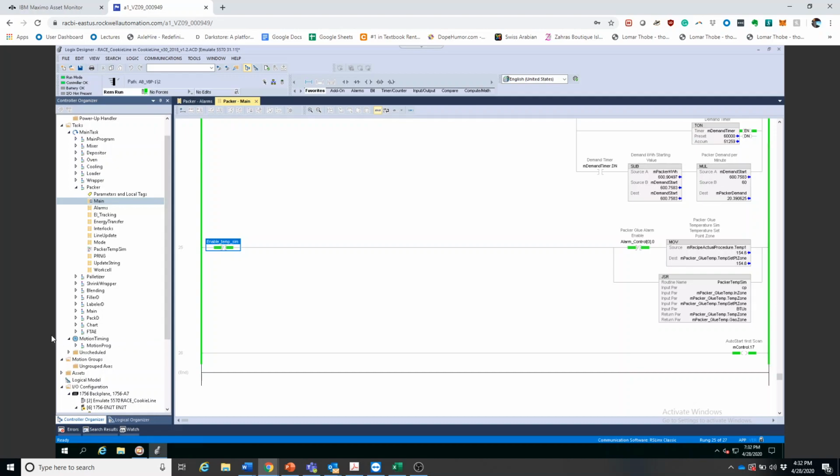Notice you can see that the tag is no longer off. It is actually on. And now we're going to turn it off. There you go. Now it's off. Still, if you notice the Packer,